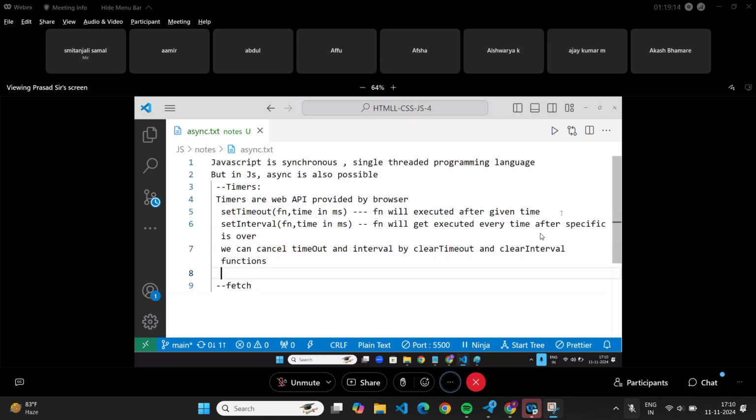You have something called clearTimeout, you have something called clearInterval. By writing this clearTimeout and clearInterval, you can cancel them. Does anyone have any questions, sir?